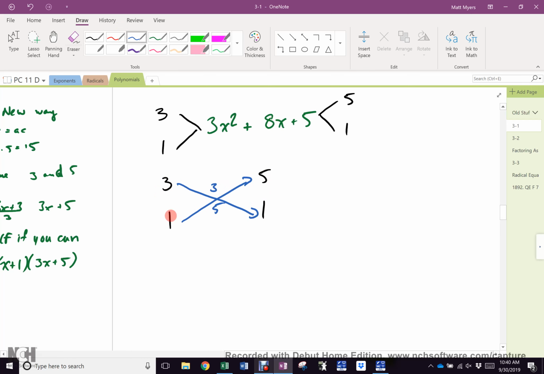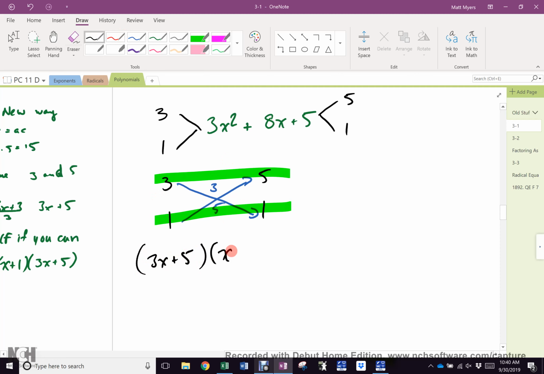So once I have everything right, all I do is I look straight across. 3x plus 5 and 1x plus 1. And it's real easy when the numbers are small and your only option is 3 and 1. Everybody with me? But what happens if I gave you 12x squared plus, let's go with,